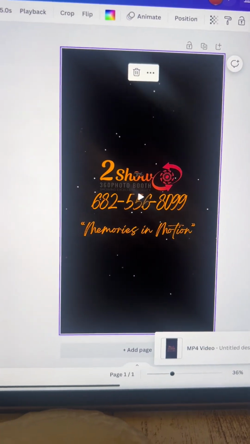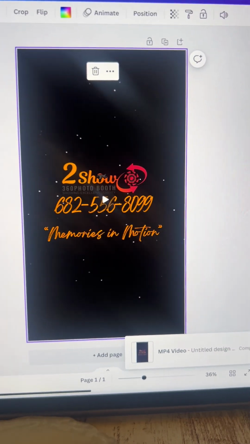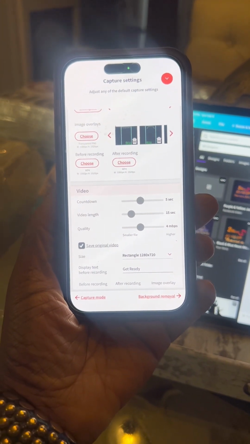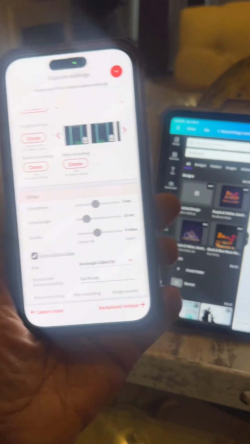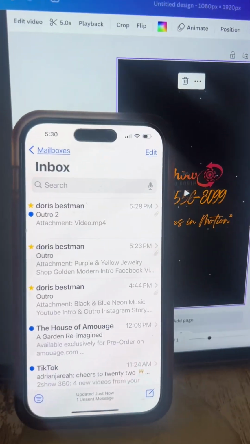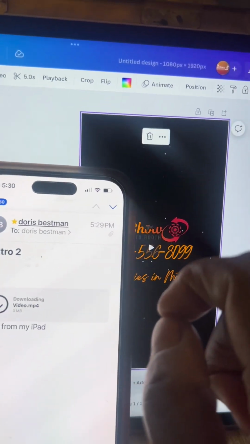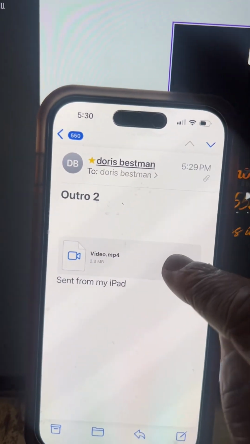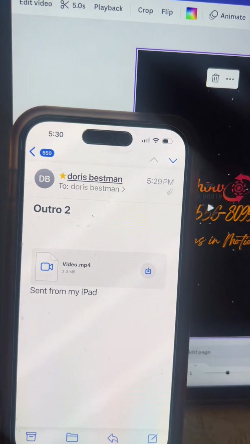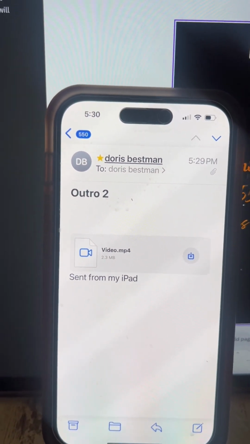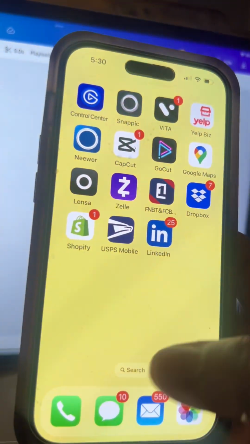It is gone. It's going to come to this phone right here. It's going to come to this phone. Save to downloads. So now it should be in my files. Let me go to,